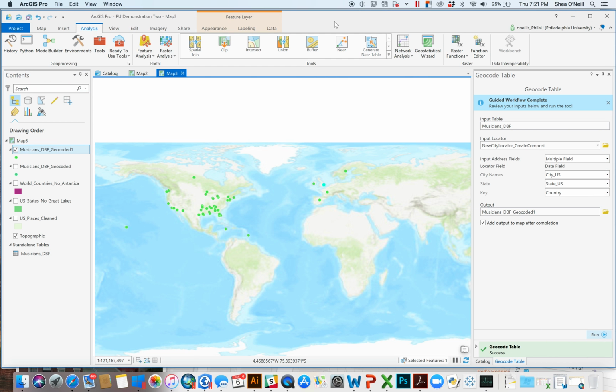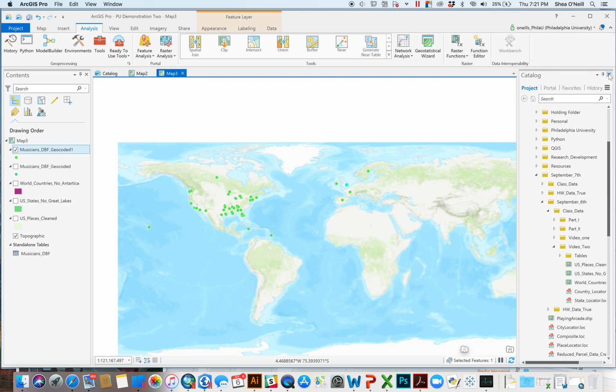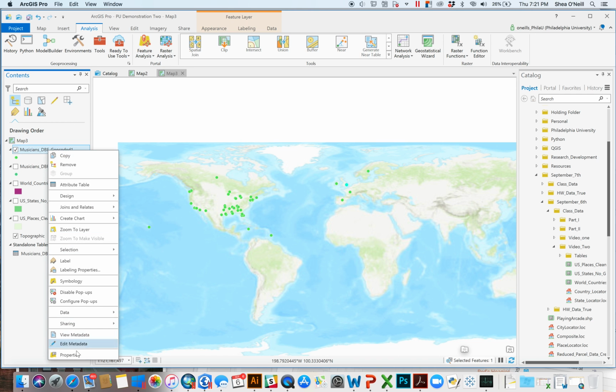So your proof that you were able to do this one, what I want you to do is follow the steps in either Pro or Desktop. Build the locator for the U.S. cities, merge it to build a composite locator for the cities, the states, and the country, and then map the musician's DBF for me. And so that I can really know that you've mapped it, I want you to symbolize it